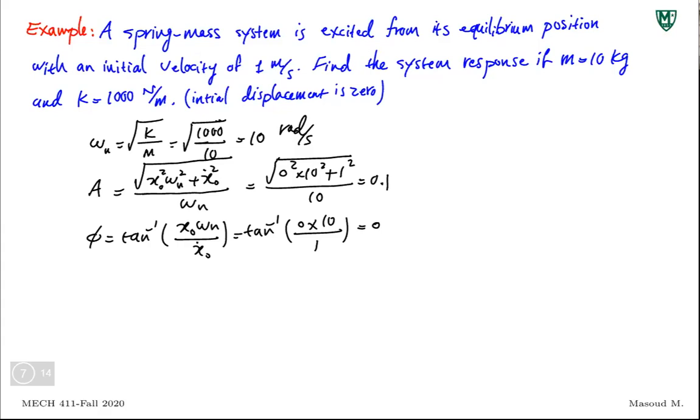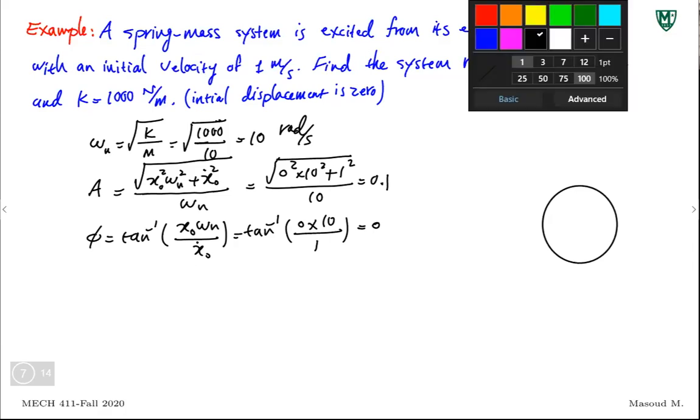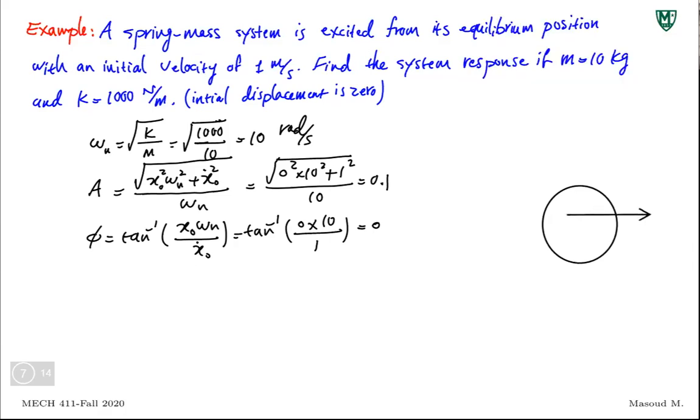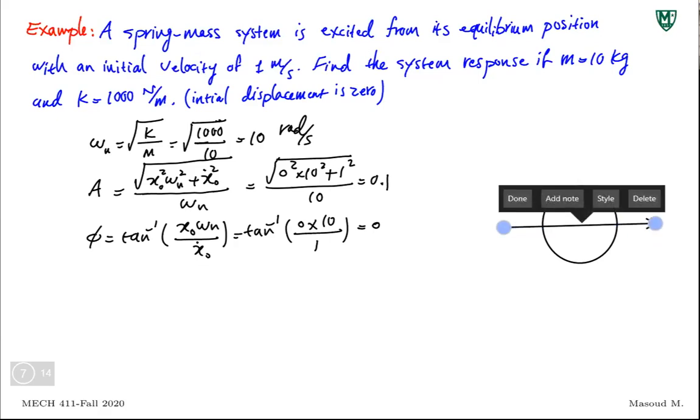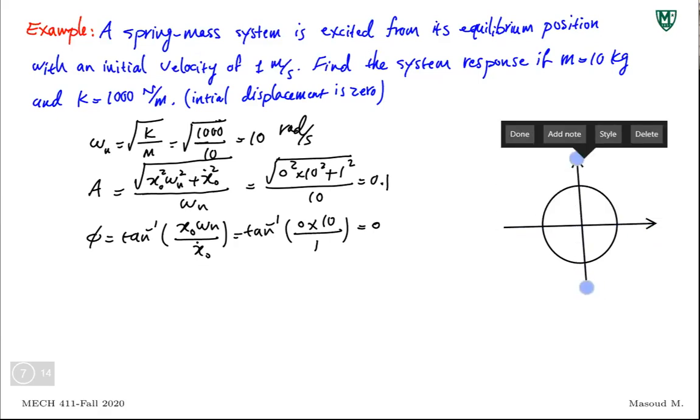Technically, just want to let you know, guys, it can be either 0 if you look at the unit circle. I'm going to try to draw it here. If you look at the unit circle,